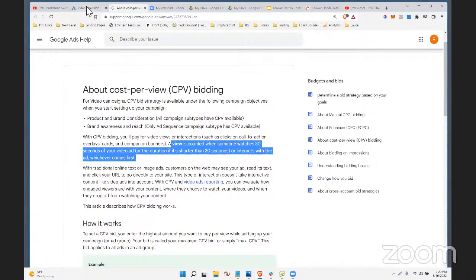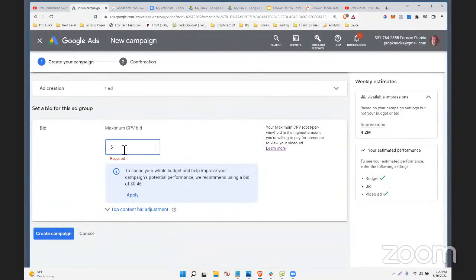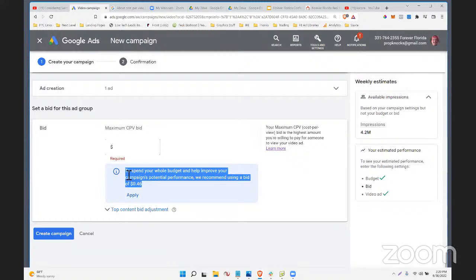Now think about that. To get somebody to watch 30 seconds of your content, with how hard it is to compete, how hard it is to get attention these days with all the other ads and everything else people are seeing, I'm really happy to pay for that if the number's reasonable. Now, in my other niches, I have other things I'm doing. I've been paying like 7 or 8 cents for a view. But I think the reason that Google is suggesting 46 here is because I'm in a very small area.